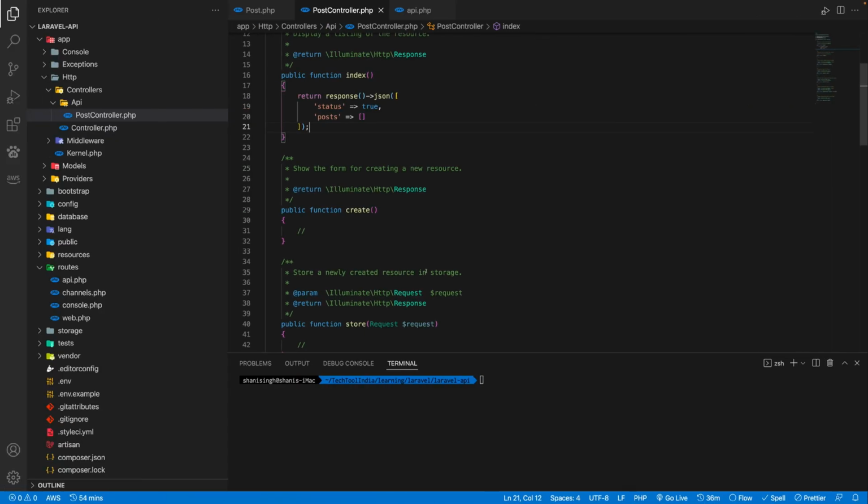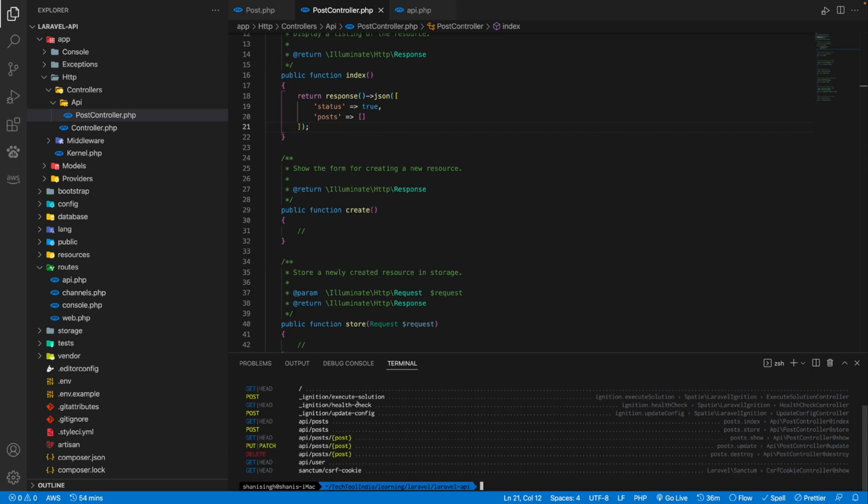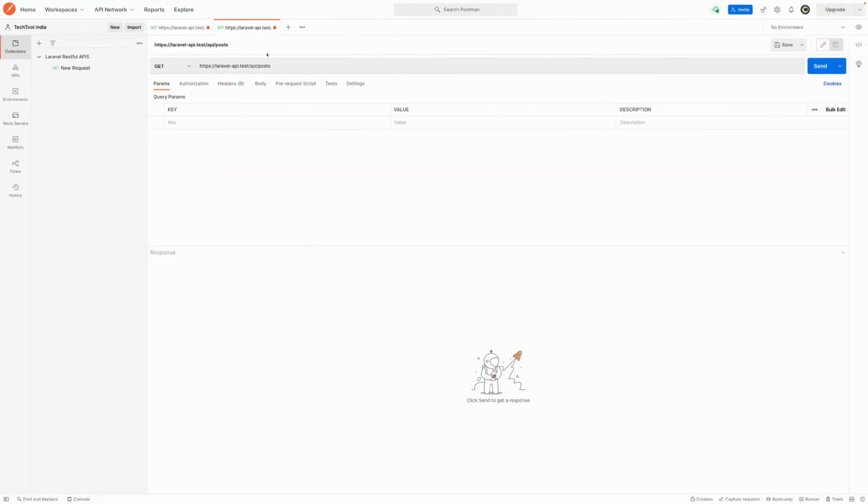So if you go to our route, you'll see to create a post, the endpoint is API/post, but the method is post. So it will hit our post.store function. Let's make it a post, and in a body, let's pass a JSON object here,